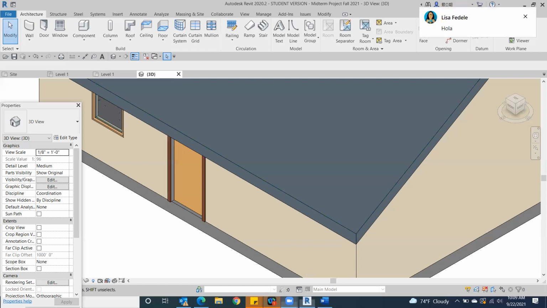All right. So we need to add the fascia to the sides of the roof. In order to do that, we're going to go to the Architecture tab, Build Panel, back to our Roof tool. We're going to do the drop down at this point. We're going to pick our fascia tool. So if we zoom in here, the important thing